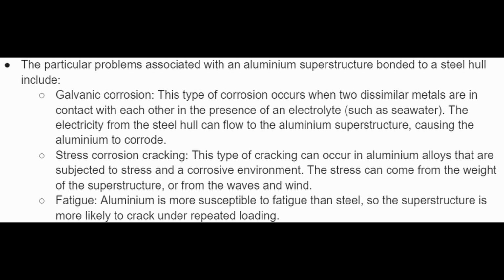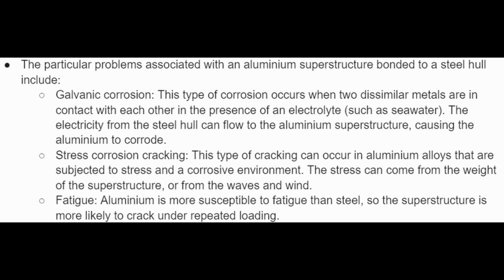B. The particular problems associated with an aluminium superstructure bonded to a steel hull include galvanic corrosion. This type of corrosion occurs when two dissimilar metals are in contact with each other in the presence of an electrolyte such as seawater. The electricity from the steel hull can flow to the aluminium superstructure, causing the aluminium to